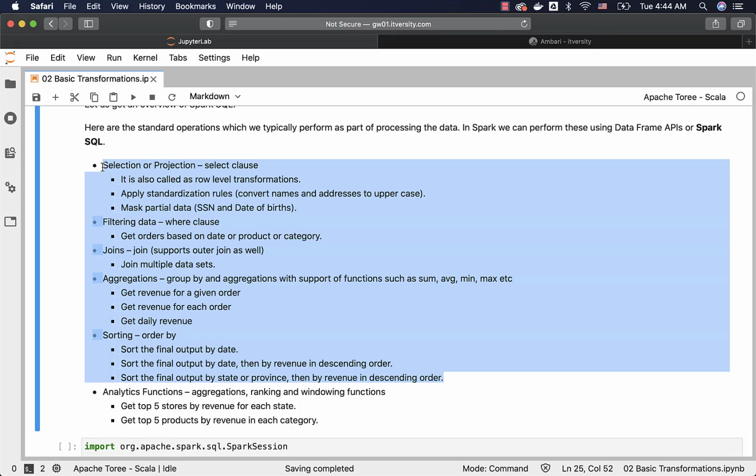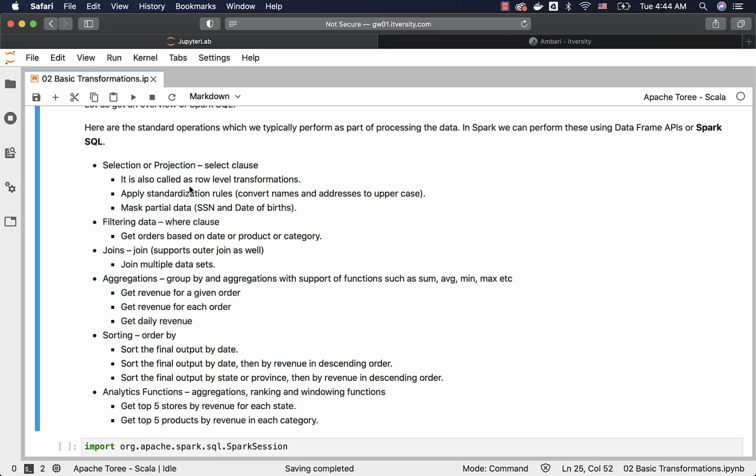Now, when it comes to business requirements, select clause is typically used for applying standardization rules, masking the data, etc. Applying the standardization rules is nothing but converting names and addresses to uppercase. Also, address might have street, city, state, zip code, and we might want to separate those things into different columns so that we can perform operations such as get the revenue by city, get the revenue by state, etc. Before getting into those aggregations, first we might have to apply certain row level transformations to split the address into